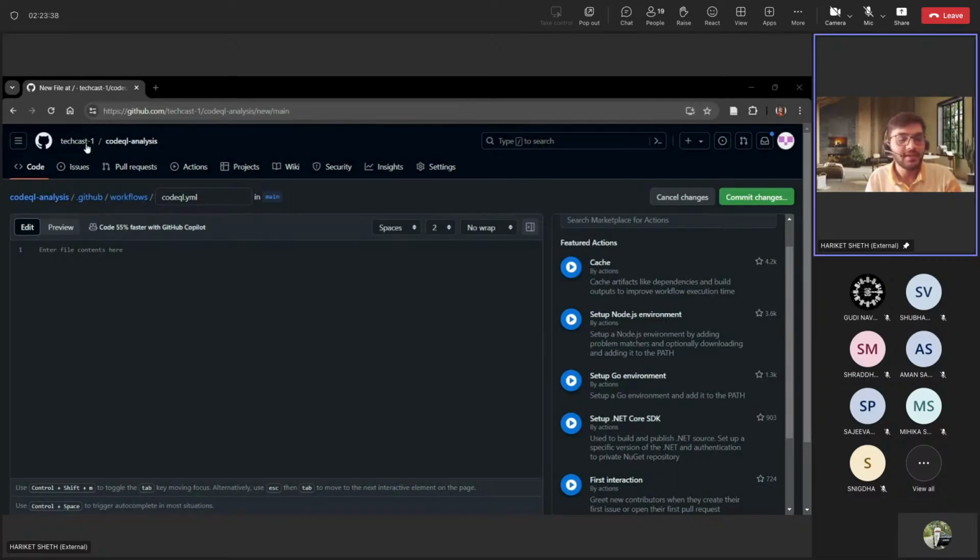So yeah, we'll be writing this configuration file for CodeQL specifically for JavaScript based repositories, because that's one of the common workflows which you might understand over here. So yeah,